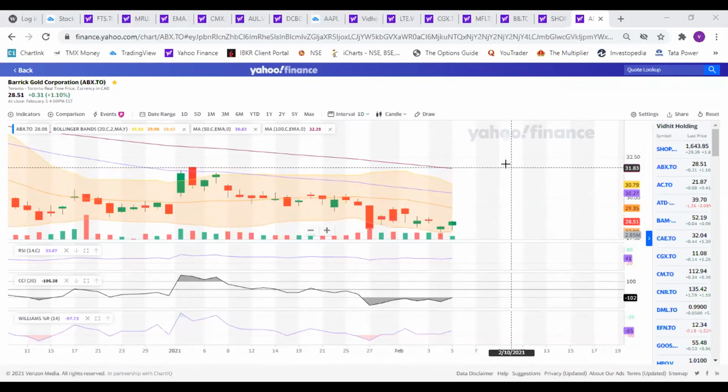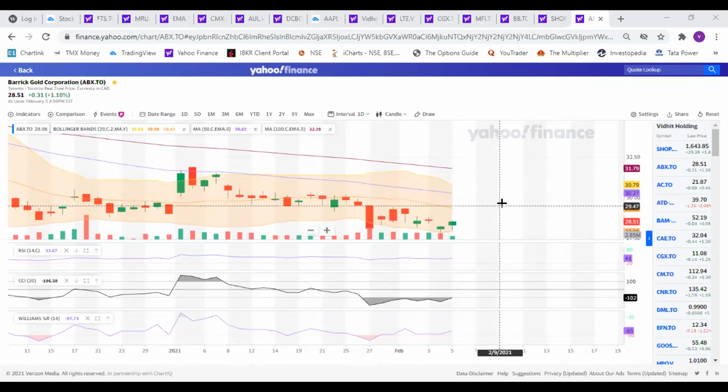Now, I was discussing this with my son just this evening. I have told him very clearly, buy at 28 and sell at 30. Buy whatever you want for a short duration, because we are already holding Barrick for a longer duration. So buy at 28 whenever you get a dip and sell at 30. You get a $2, a 10% or 8% profit on a practically very short-term basis. Or even sell at 29 if you want. Buy at 28, sell at 29.50.